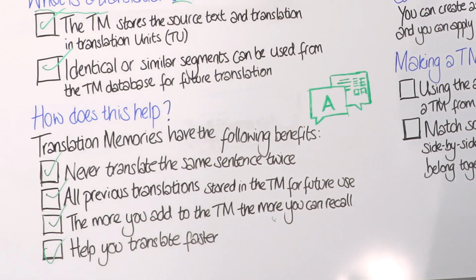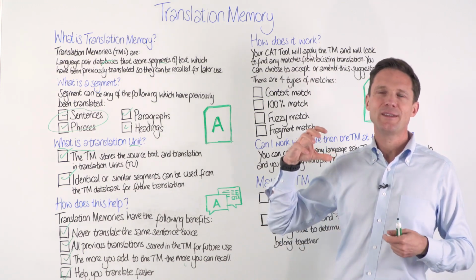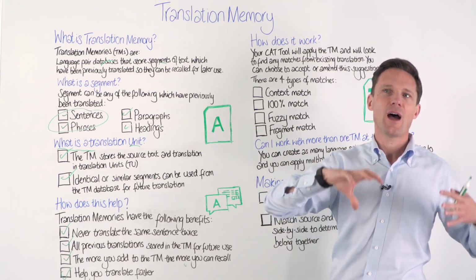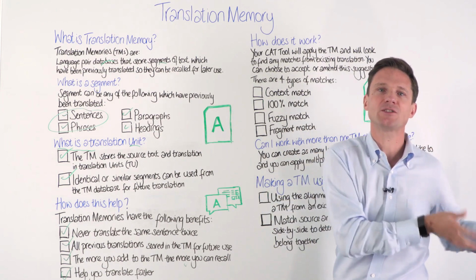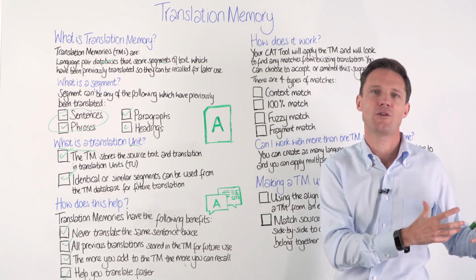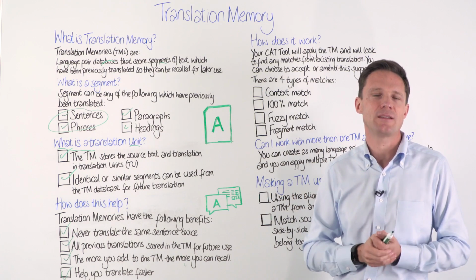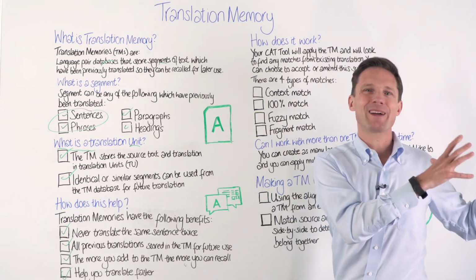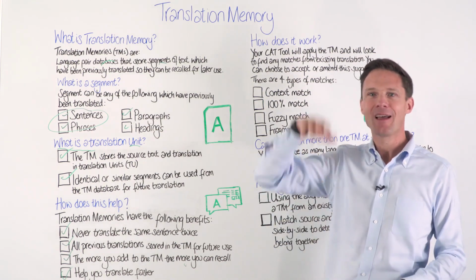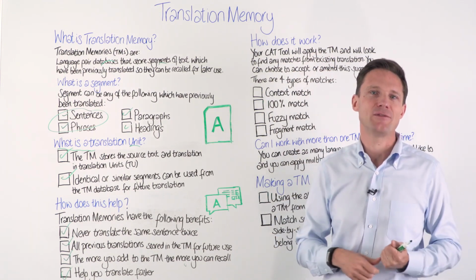So it does help you translate faster because you have stored all of this. But I really want to stress that the speed it offers you is also very much about giving you more time for when you are translating that new content, so that you can create the best possible translation for it. And of course, it takes away the monotony of translating the same sentence again and again. For one marketing slogan, that could be one document where the same sentence is repeated hundreds of times. And so that's where a translation memory can really make a difference.